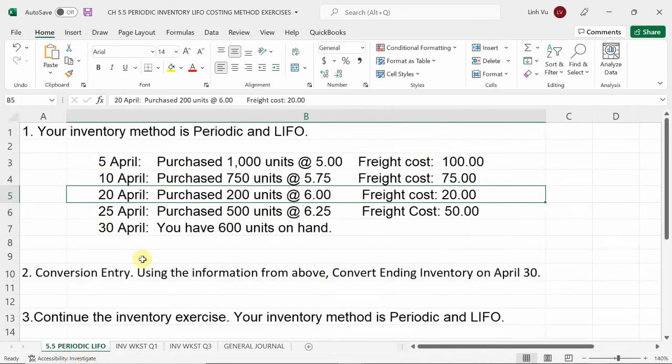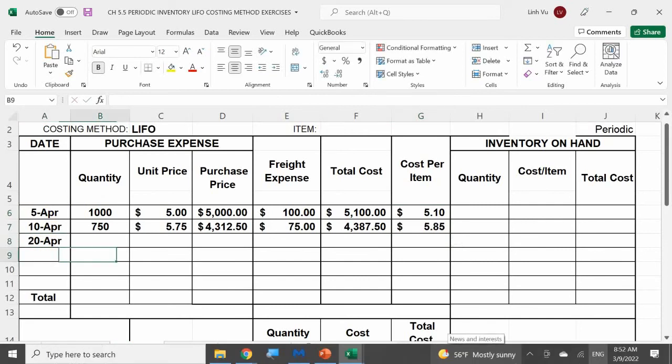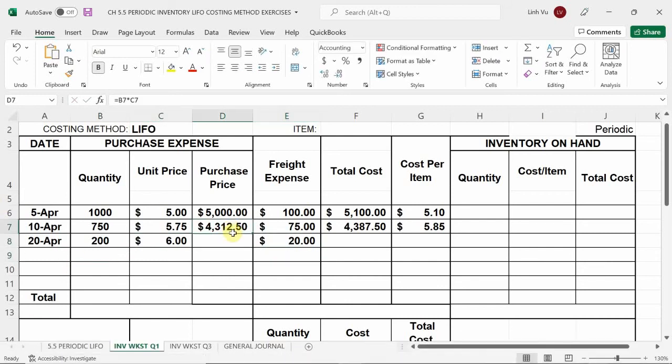And then on April 20th, right, we end up purchasing 200 units at $6 each with a freight of 20. So what's my purchase price here? $1,200 plus 20 gives me a total cost of $1,220. Right. So that means my cost per item for this batch is going to be